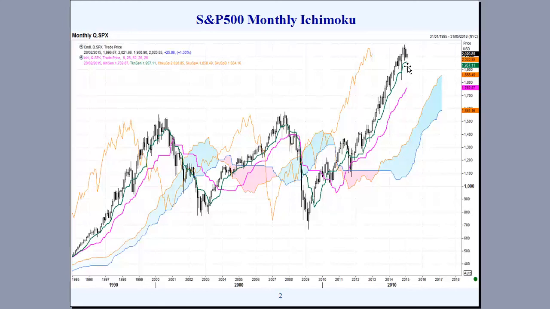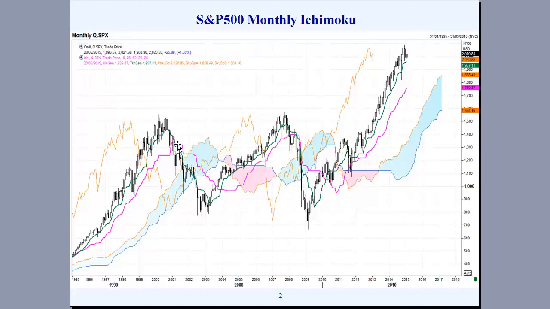the monthly charts. Now, if we look back to the previous major bull markets that we've had in the recent past, we see a very similar type of trading activity, with the market finding support at the Tenkan-sen in the 1990s leading into 2000, breaking through the Tenkan-sen and finding support at the Kijun-sen. But at no time through there had the S&P 500 been trading through both the Tenkan-sen and the Kijun-sen.